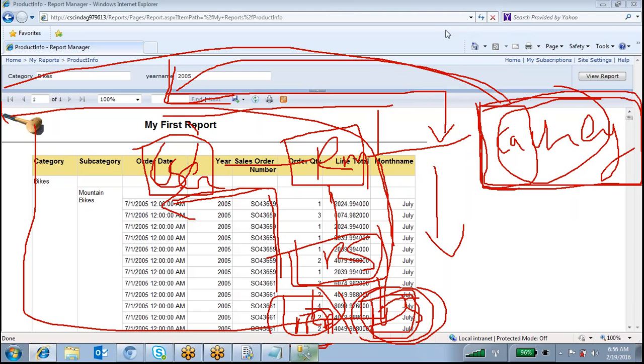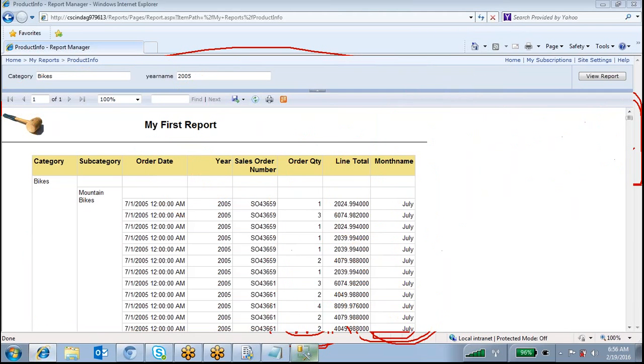So in this way you can use the cache. So how to implement the cache?